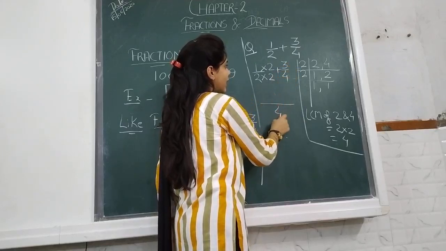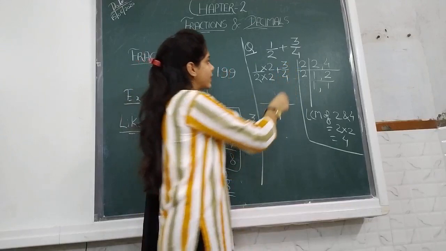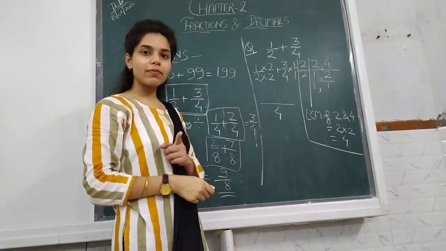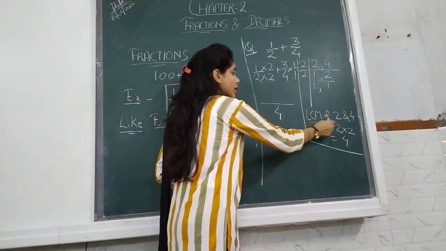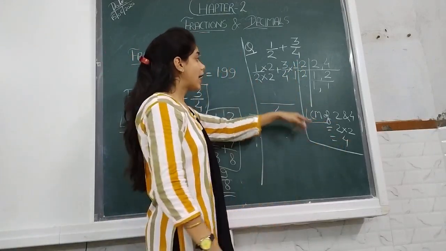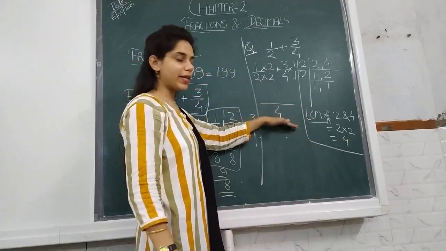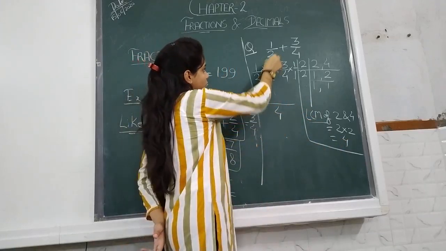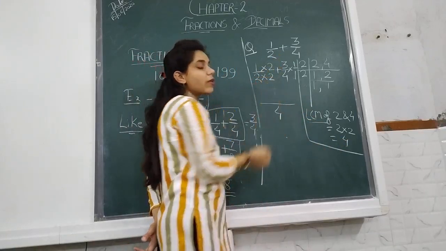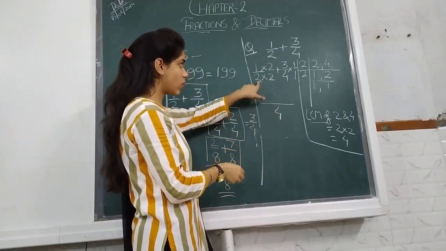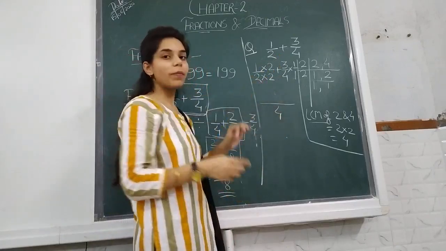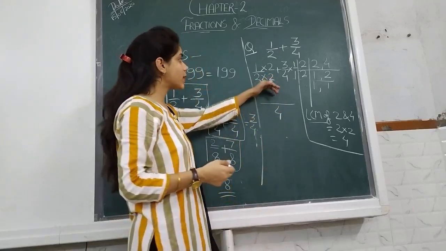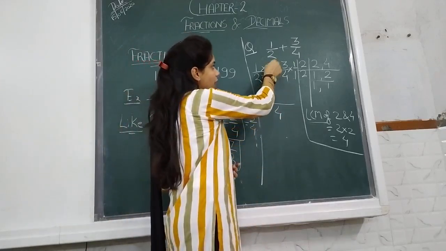Now it is 4 ones are 4. So we will have to multiply only by 1 in the numerator and the denominator. Getting my point? What we have done? We took the LCM of 2 and 4 and put it into the denominator, and we saw that 2 twos are 4. It is 2 times of 2, which will give you 4. So multiply that 2 in the denominator. If we are multiplying by 2 in the denominator, we will also have to multiply it into the numerator.